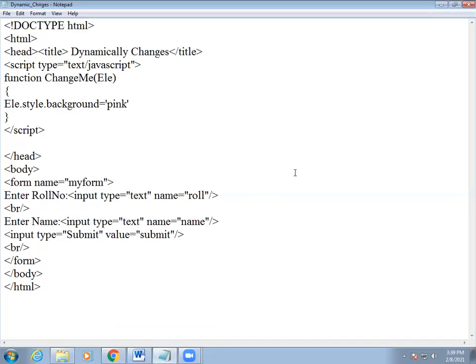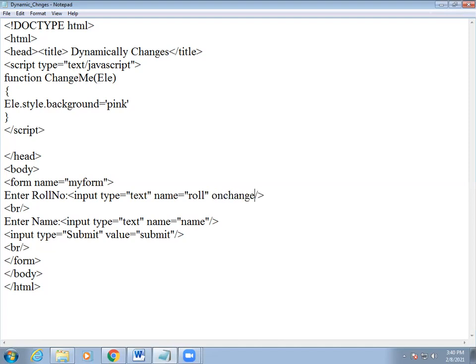Now look here. We only put our function. We gave the function name, also the element, also the background color. We closed our script tag, but where we mention our function, there is no mention in the form tag. We already created the form and the form things, input type button, text boxes. We gave some text boxes in that form, but there is no mention of any function here. So where do we call that function and where do we mention that function? In this input type text, we mention our function name.